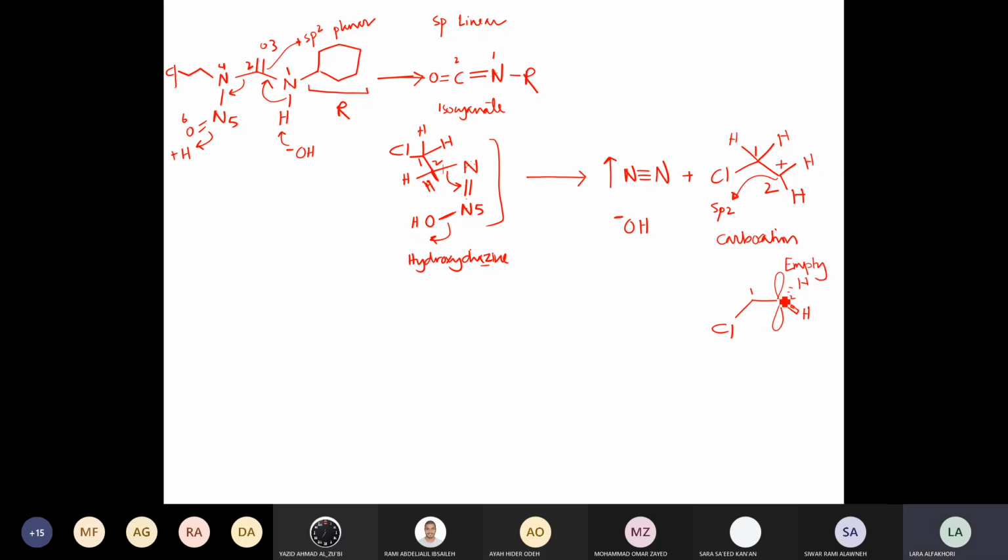Being empty, orbitals tend to fulfill or fill themselves with electrons. فthat is why such a compound لأنه having a positive charge, it's dying to have electrons, أنا بعتبره electrophilic ولا nucleophilic؟